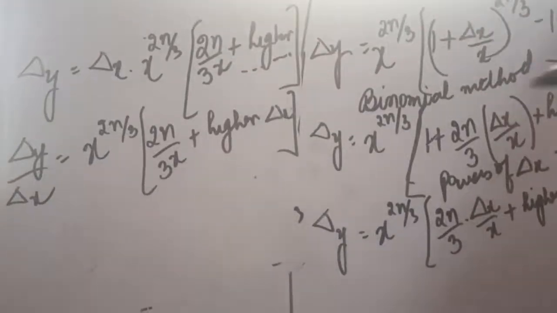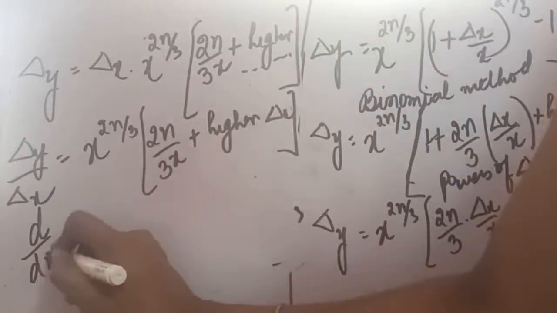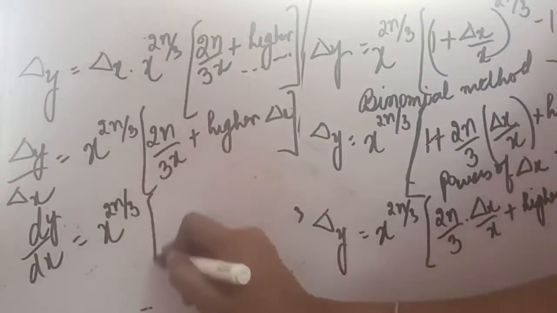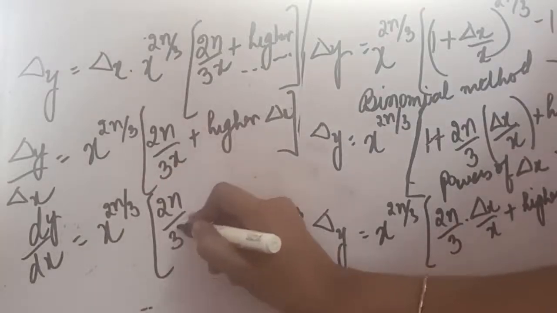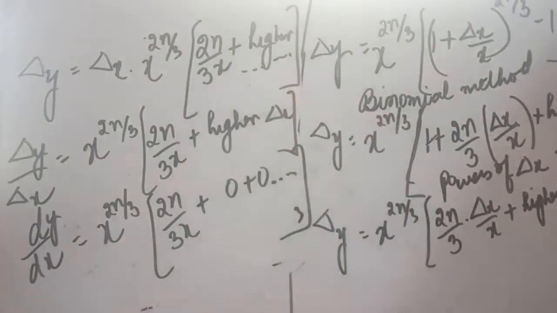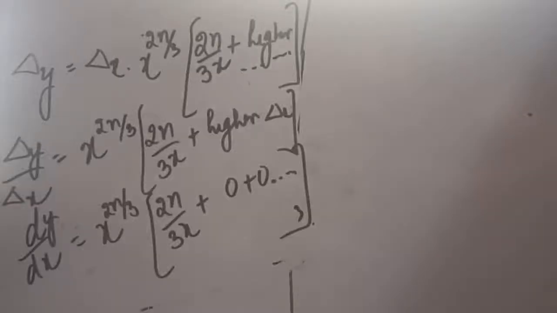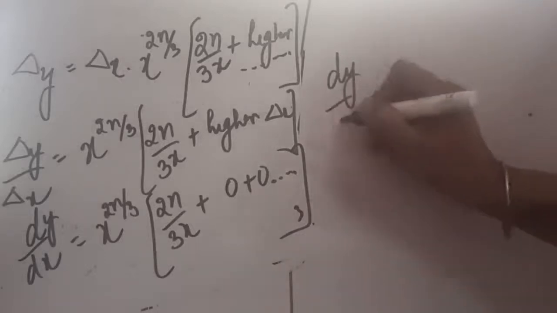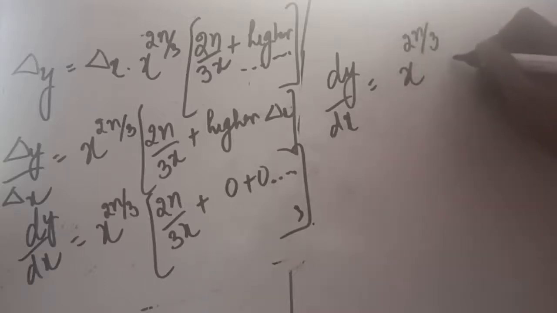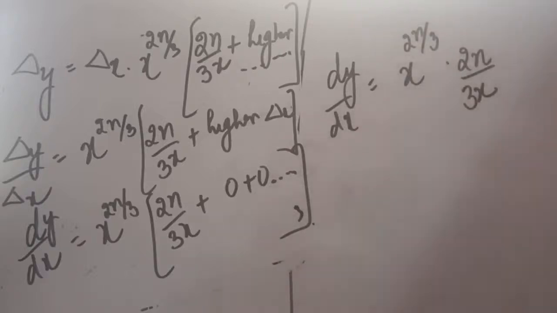If the limit is taken, on the left hand side it becomes differentiation d upon dx of y. Now this is not going to be affected, there is no delta x. Inside, the higher powers term is going to become 0. So now our final answer will be, on the left hand side dy upon dx, and on the right hand side x power 2n by 3 into 2n divided by 3x. Although the question can be just kept here, if we want to solve it further,